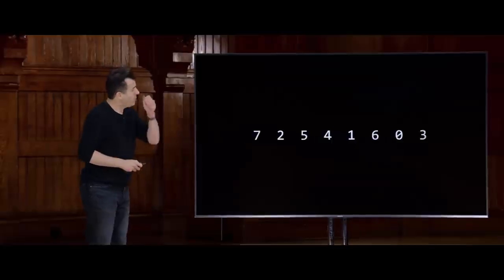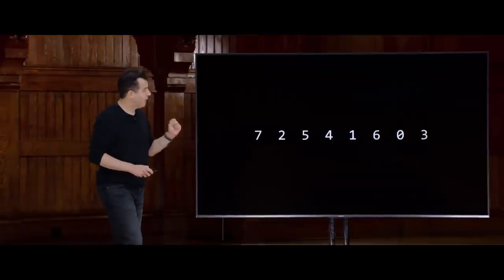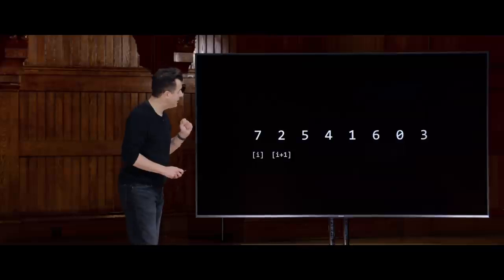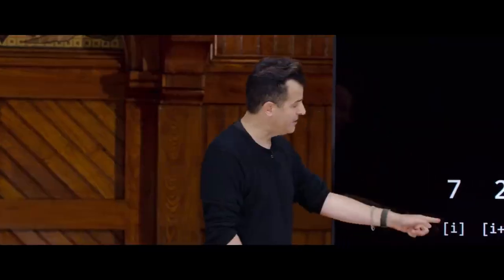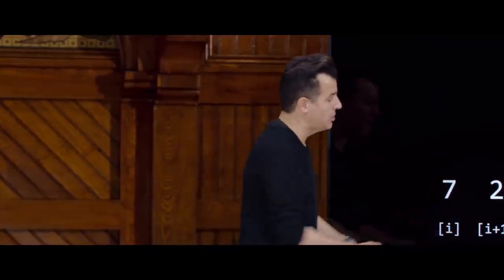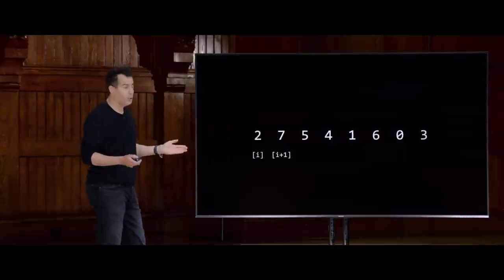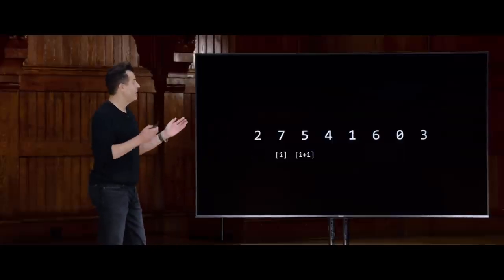All right, so if we have this list of numbers, just as we had our array of volunteers, how can we think about this visually? Well, left hand is i in the story. Right hand is i plus 1. And what did I do? Again and again and again, I compared them. And if 7 and 2 are out of order, I swap them. 7 and 5, swap them.